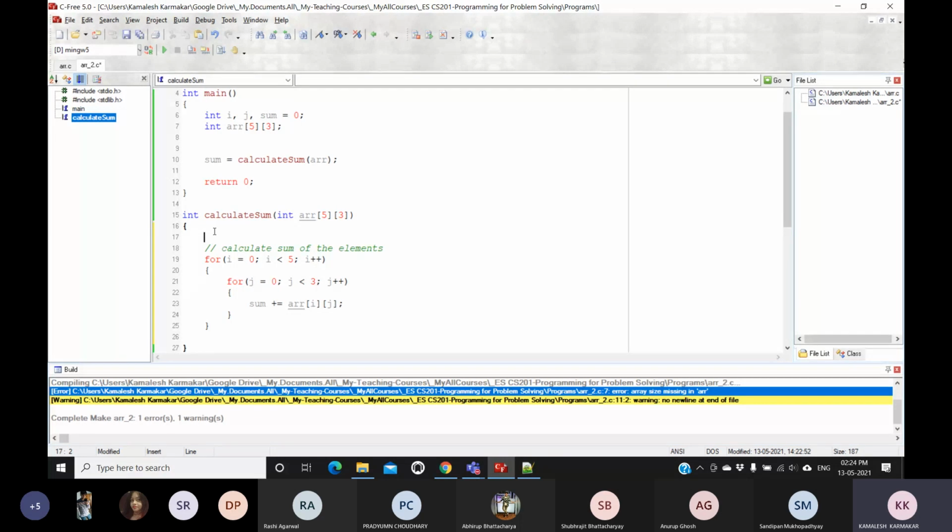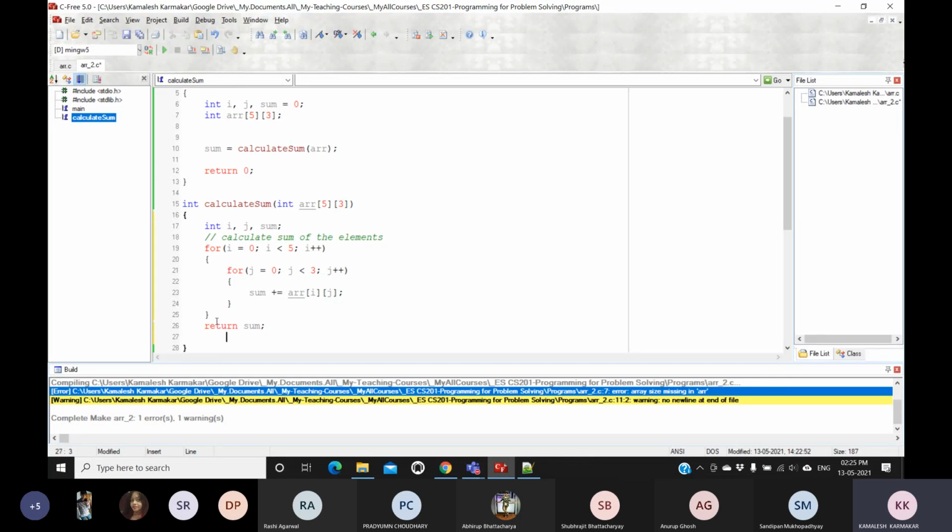So I have to declare variables i and j. It will calculate the sum and the result will be created, so another variable needs to be created, sum. After calculating this, at the end it will return the value of sum.